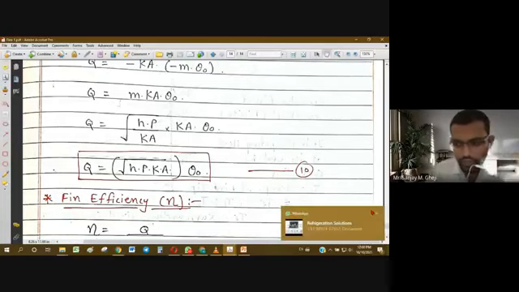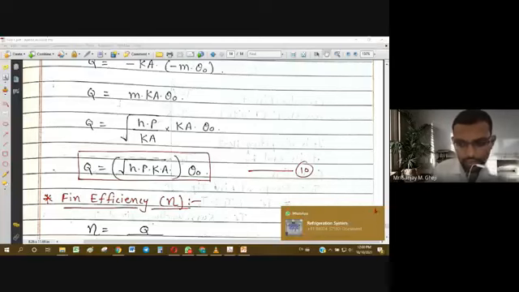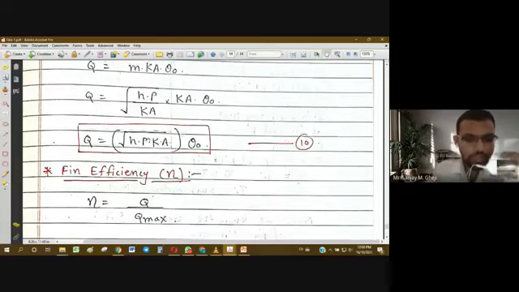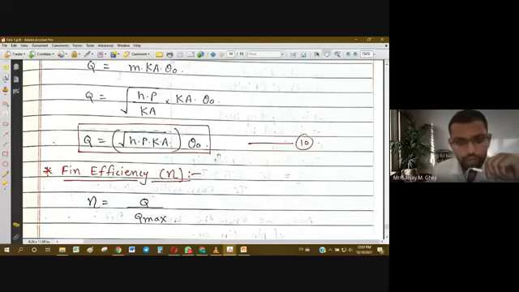And what we are left with is that the heat transfer rate is equal to under root hp into k into theta 0. Theta 0 is outside the root sign. Only in the under root there are four terms: h, p, k, a. P, as you know, is the perimeter of the fin, and A is the cross sectional area of the fin. So the heat transfer rate equation we also get in a very nice, very simple form, and very easy to remember for this case. There are very few terms, so it becomes very easy to remember. Q equal to under root HPK into theta 0.